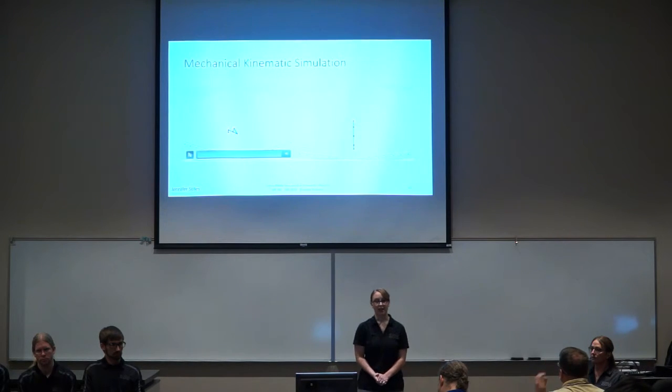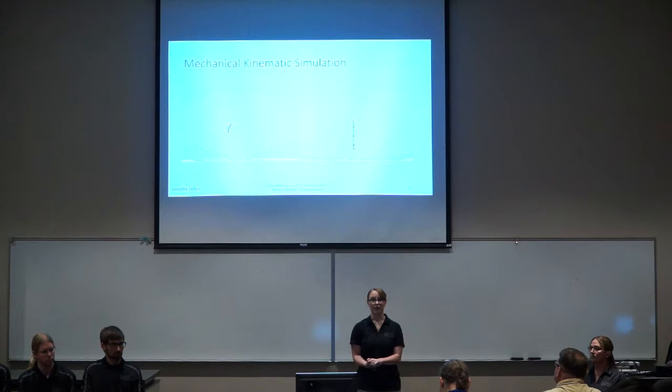So on the left-hand side, there is a simulation showing the dexterity of our tail. It's similar to the CATIA simulation shown before, the main difference being the linkage length. The linkage length in the CATIA simulation is based off of our design, whereas the linkage length in this is based off of a prototype that was provided to us. And this is also very similar to the prototype, which we'll be showing a video of later on doing this